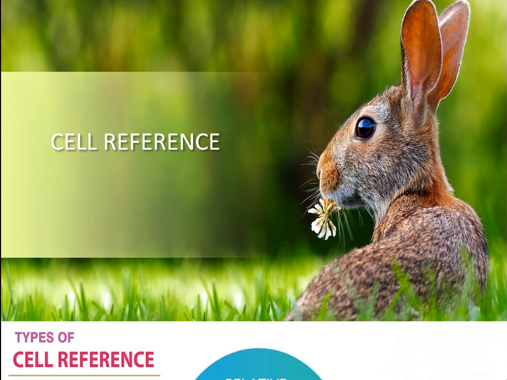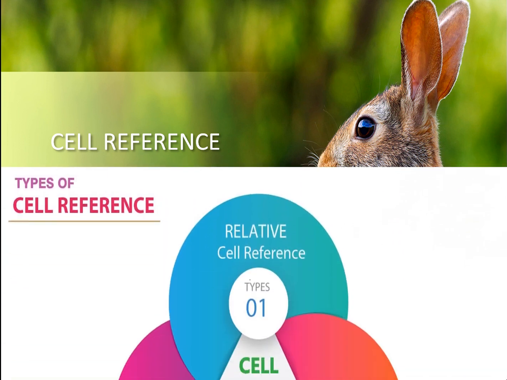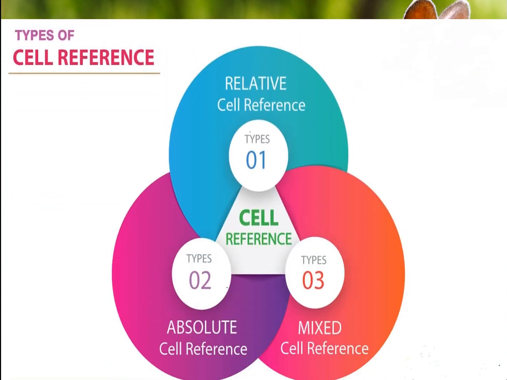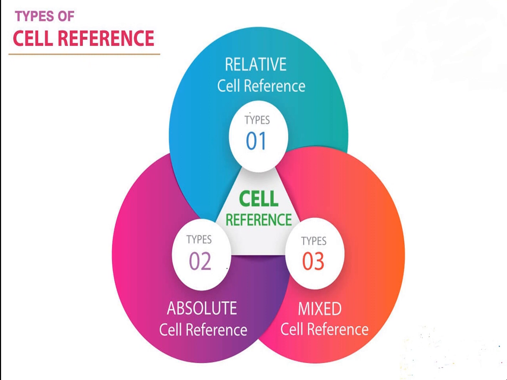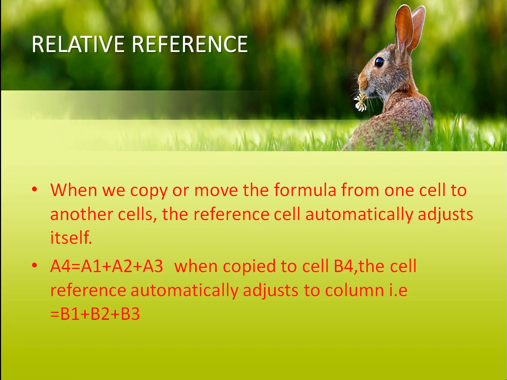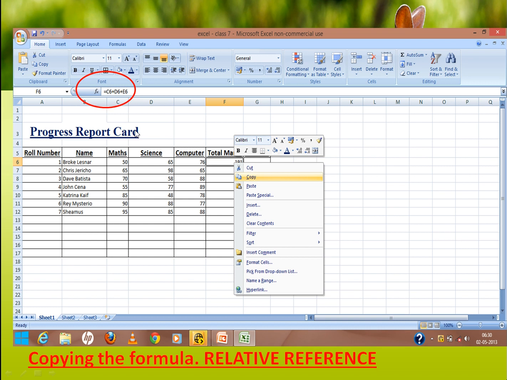So the cell references that we are going to study here: the very first one is relative reference, then comes absolute reference, and the third one is mixed reference. Relative reference. When we copy and move the formula from one cell to another, the reference automatically adjusts itself. That is, if in A4 I am writing equal to A1 plus A2 plus A3, as soon as I copy it to the cell B4, it will automatically adjust with the column letters, that is B1, B2 and